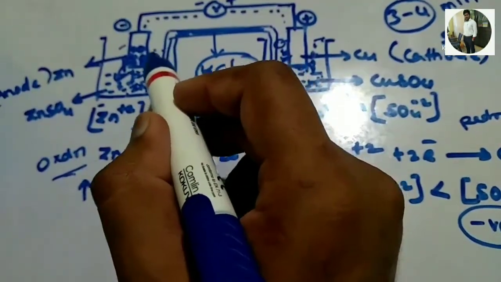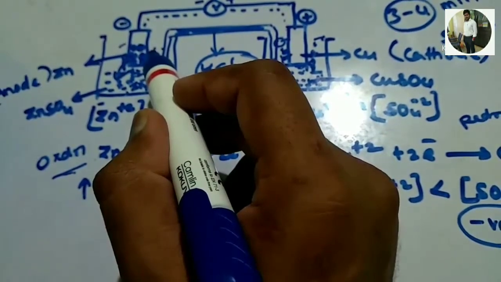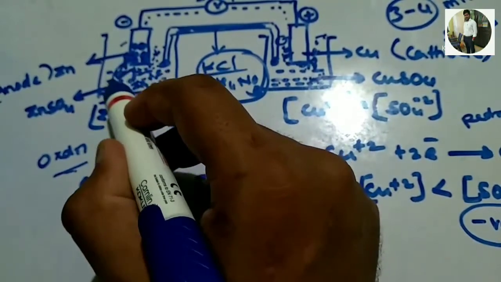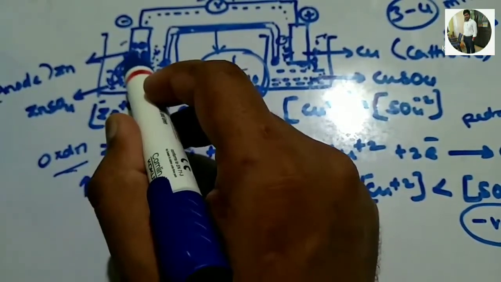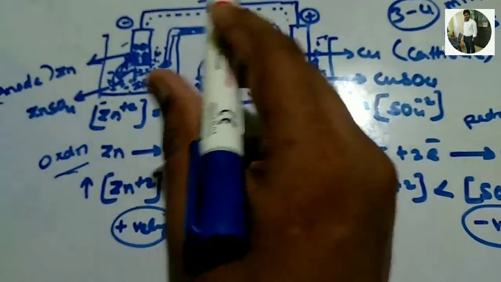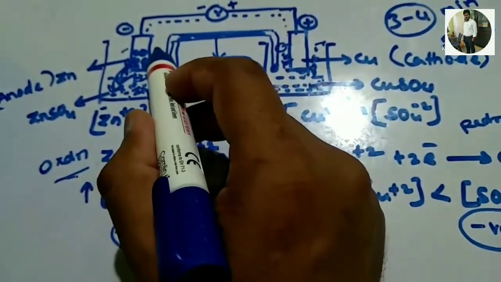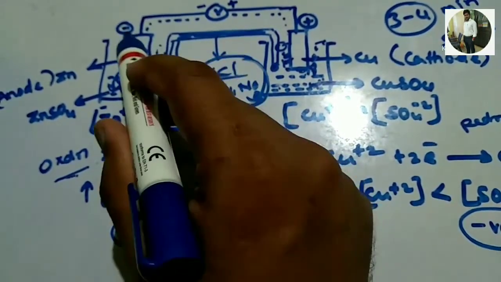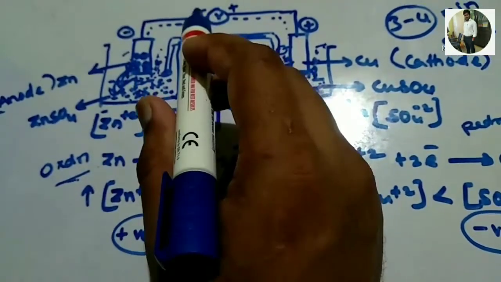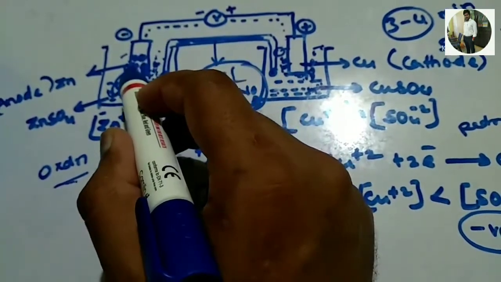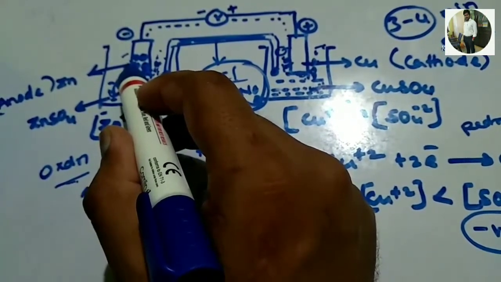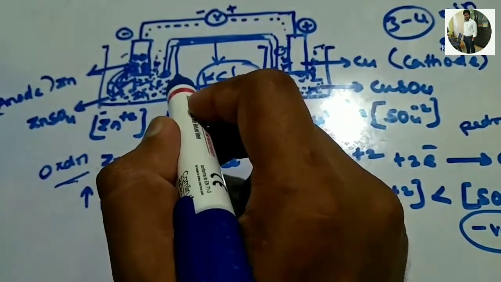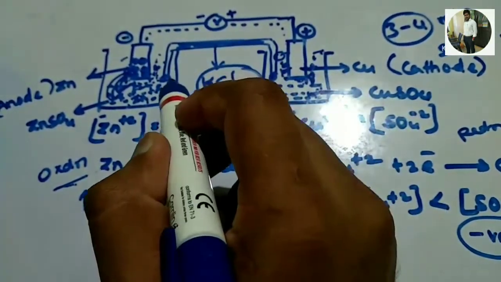So in what cases will the electron flow? If and only if the zinc ions are coming into the solution or are removed from this anode, then only will the electrons move easily. Why? Because Zn plus 2 ions depositing on the surface are positive and the electrons are negative, so the electrons are not moving. To avoid that, if we make the Zn plus 2 ions go into the solution, then the electrons can move easily. To make that happen, we have to introduce another negative ion,